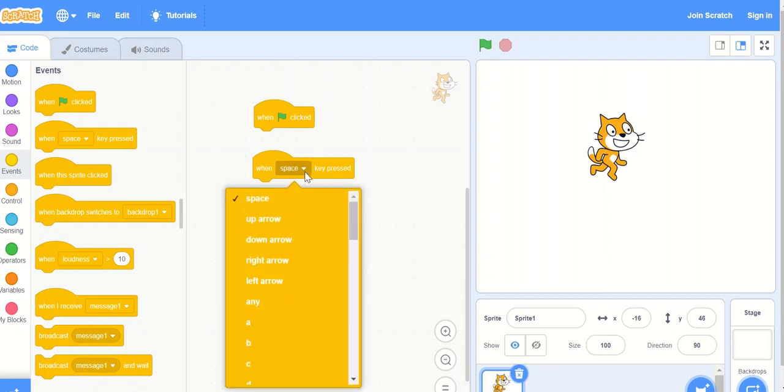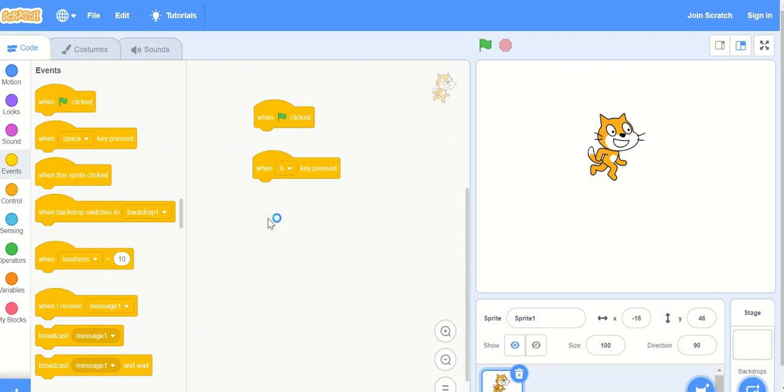Here there is a list of different keys on the keyboard. By clicking on any key you can start your program. It means that whenever you press small b, by pressing the B key on the keyboard we can start the execution of the program. So the event block is basically related to the execution of the program.